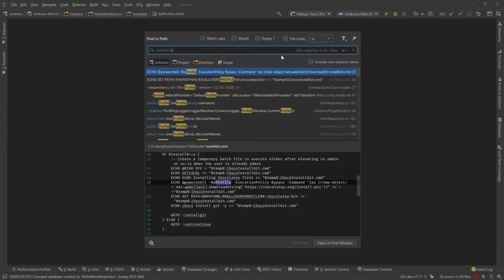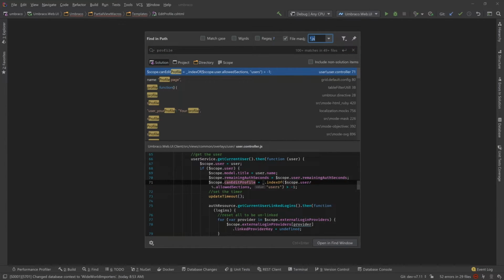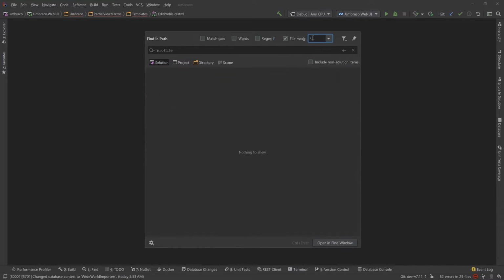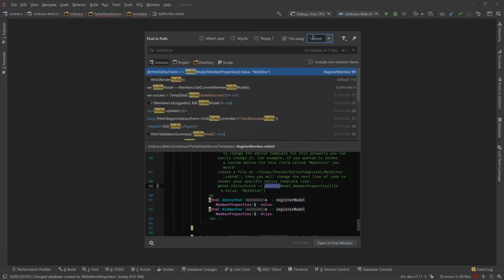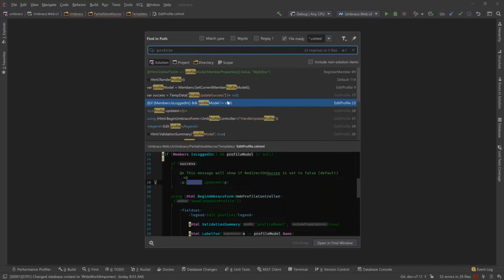So if I want to further refine this, you can do all these normal options. One I use a lot is the file mask. So you can pick a particular type of file. We could do JavaScript files. You could do CSHTML files and easily filter that. So that's really handy. In the view, it shows you can quickly see all the different matches for what you're